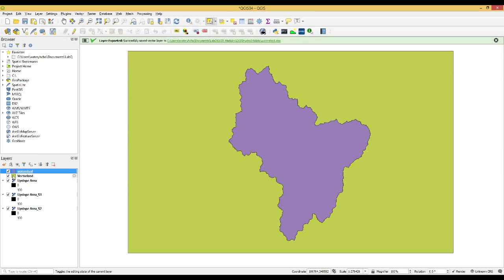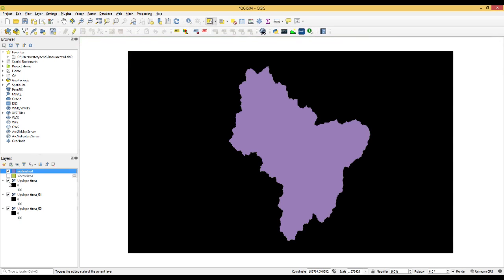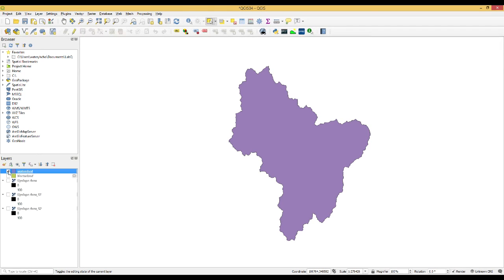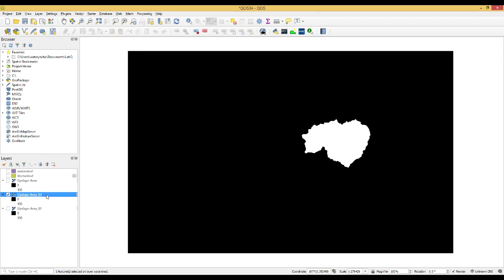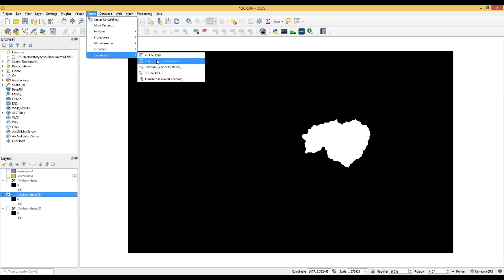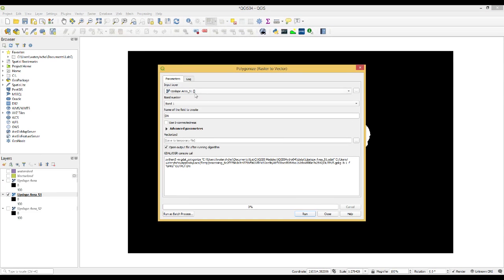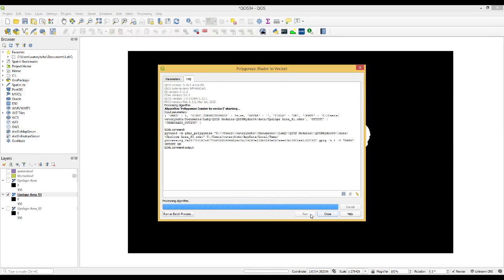So now I have just created this one. If you uncheck all the other datasets, you can find this created layer. So you can make this vector data. Okay, so if you uncheck and check this upslope area S1, I will do the same job with raster conversion and polygonize, and then for S1 just leave the default, just run and